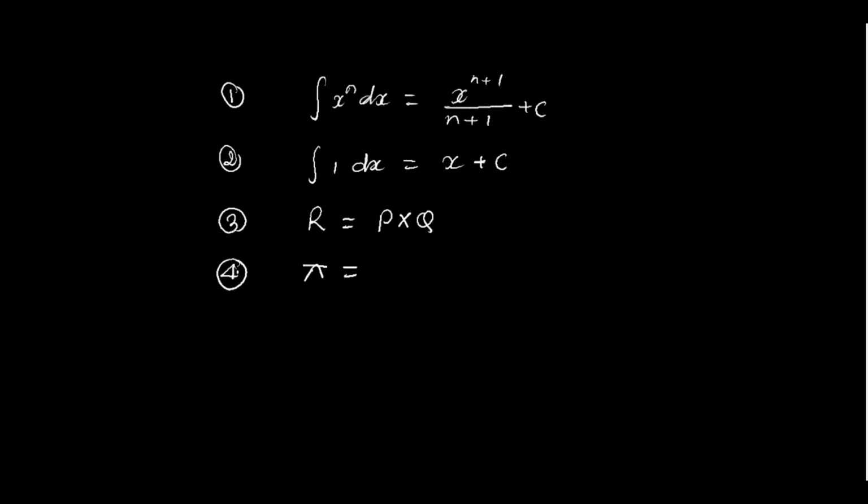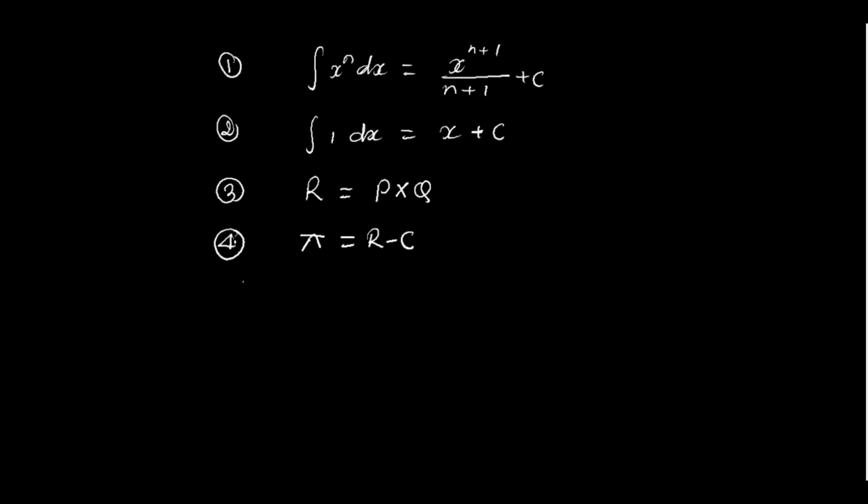Pi is R minus C, where C represents the cost. Pi equals R minus C. R is the revenue, the total income, and C is the cost. The difference of the total amount collected by selling some goods and its cost is profit, where the meaning of the